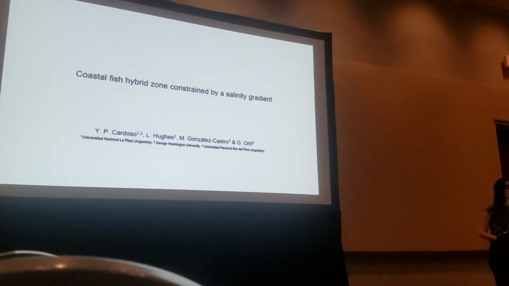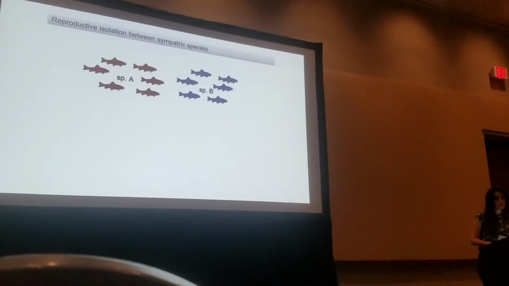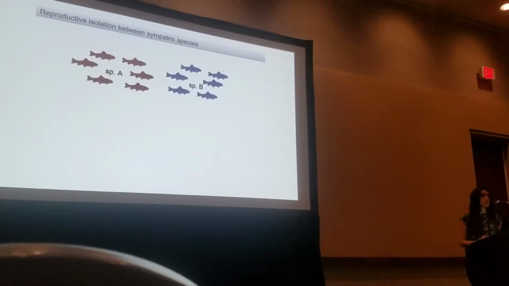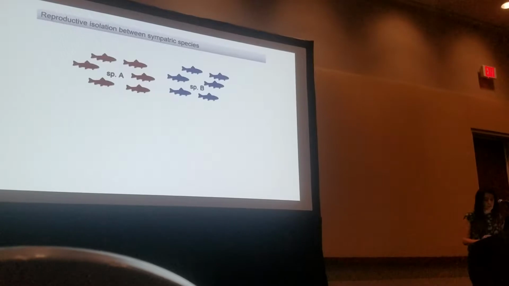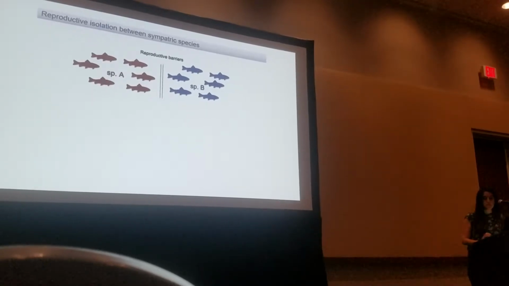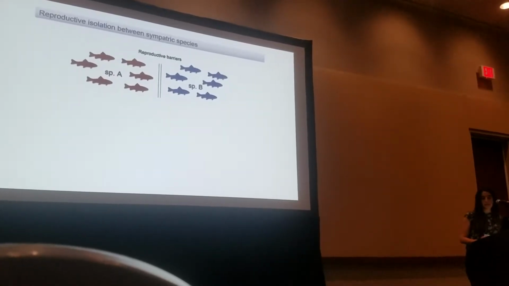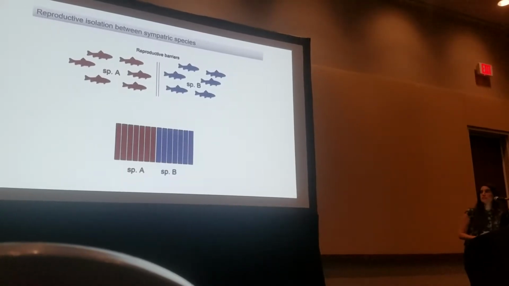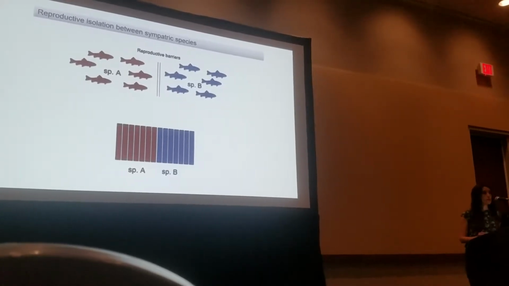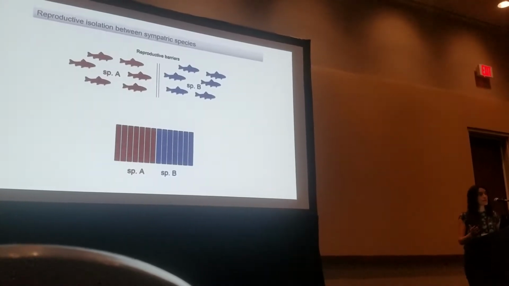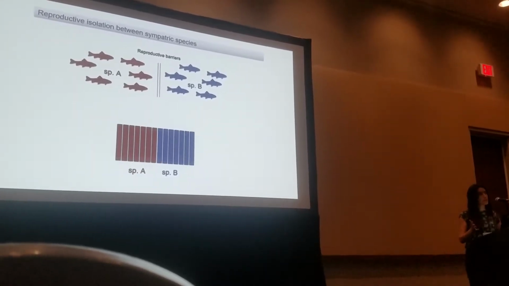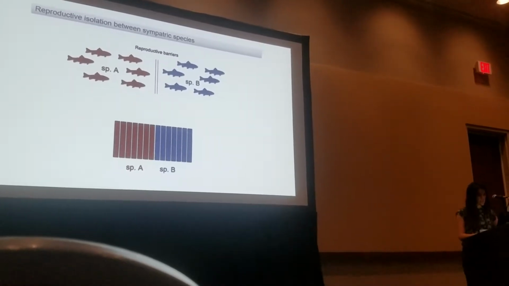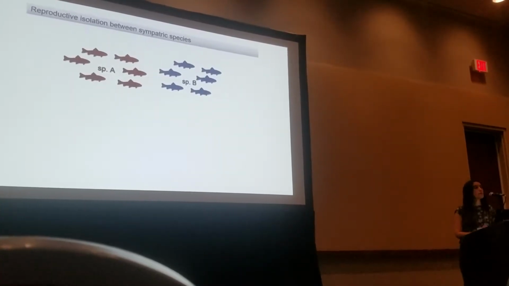by the salinity. The first thing that we must remember is what happens when two different species are in contact. Normally, there are reproductive barriers and there is no gene flow between them. So when we see the genetic structure of this, we see that the two different species are different in genetic codes. But sometimes this barrier disappears and